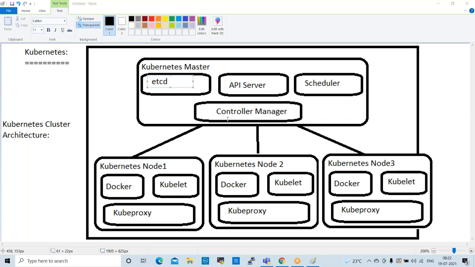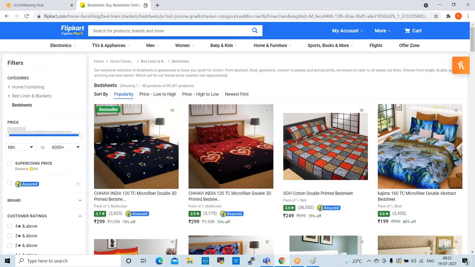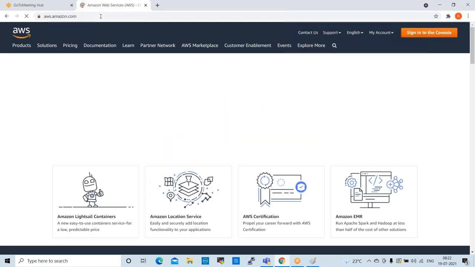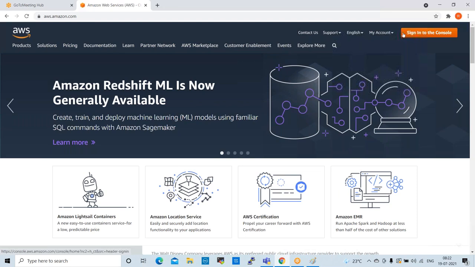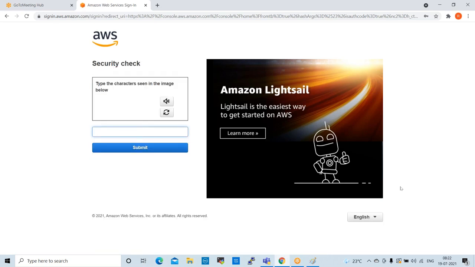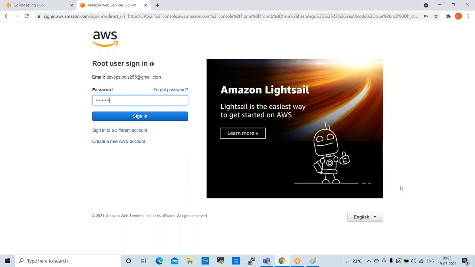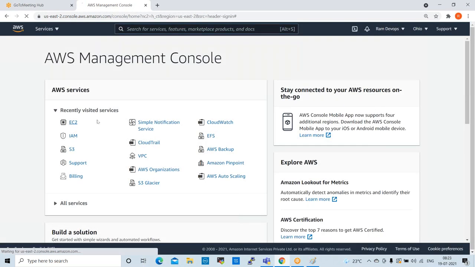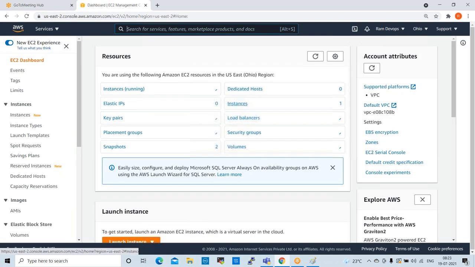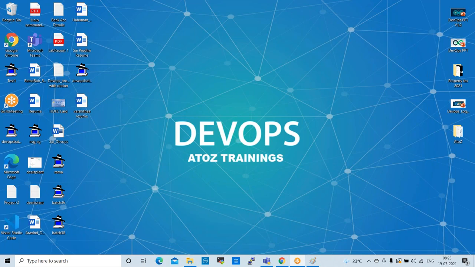Now let us go and create the cluster. So, cluster setup. Now I'll open some commands.